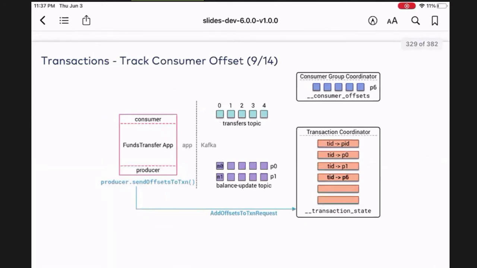And then part of the API again, send offsets to a transaction, right? So a very important part to say, what do I need to do here? I want to send the consumer offset and the consumer group information to the transaction coordinator. We'll see that it's very important. So it's actually this part here, send offsets to transaction requests.